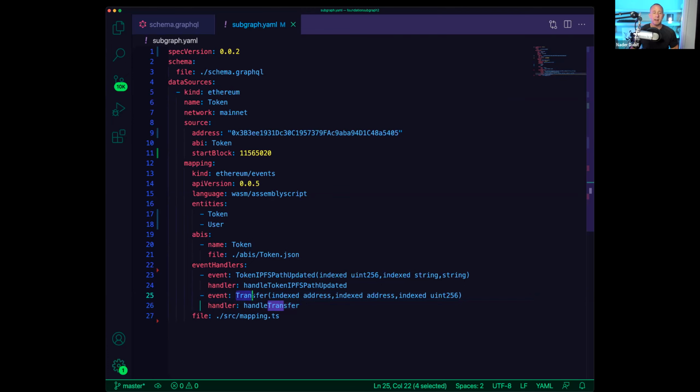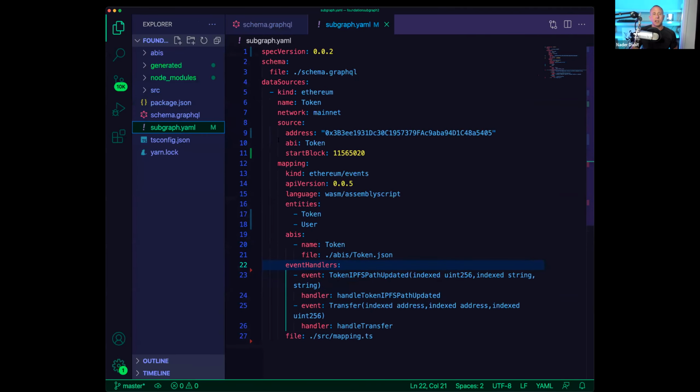And when that event gets triggered, we are just calling this handleTransfer function that we'll take a look at in just a moment. The only other function that we care about is the handleTokenIPFSPathUpdated function. That means if someone has a token and they change the IPFS path, we want to be able to handle that update and make that change locally.